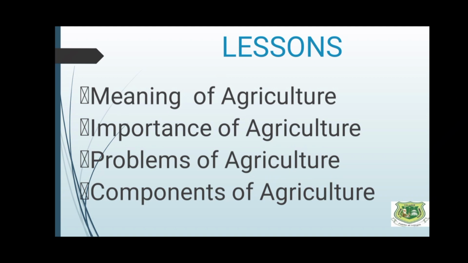The other component is forestry. Forestry is a branch of agriculture which deals with the development and the proper utilization of forest resources for man's benefits. Some forest products include fruits, timber, herbs, even pulp for paper making, and many others. Forest is a source of government revenue. It creates employment. It controls wind and even water erosion.